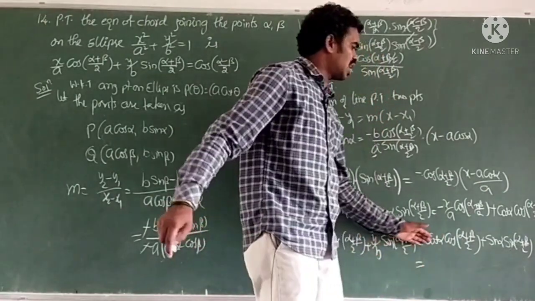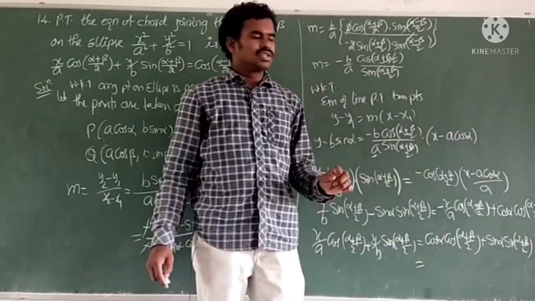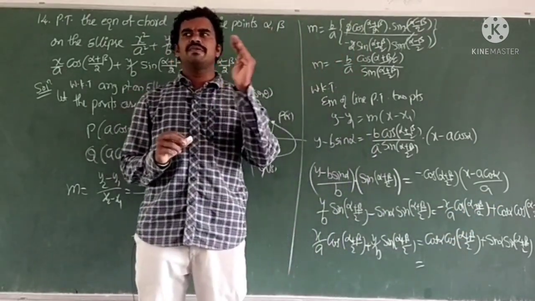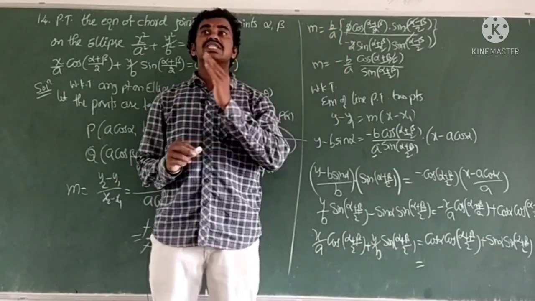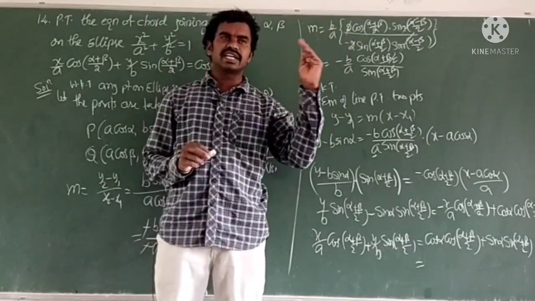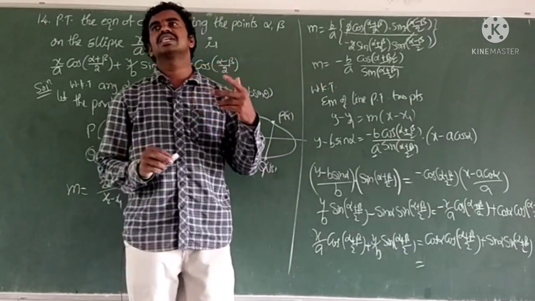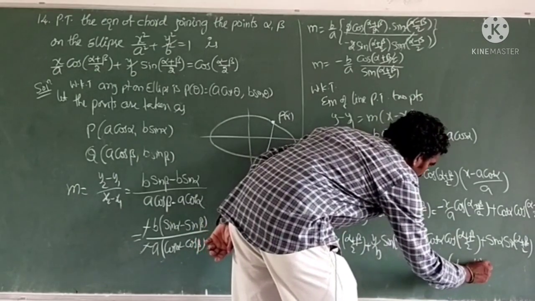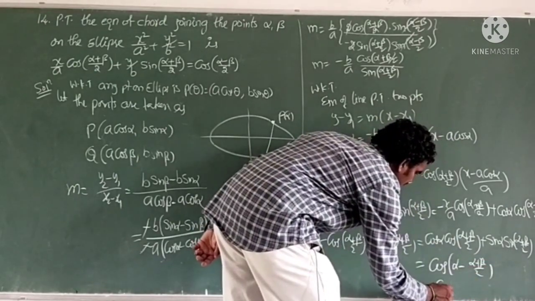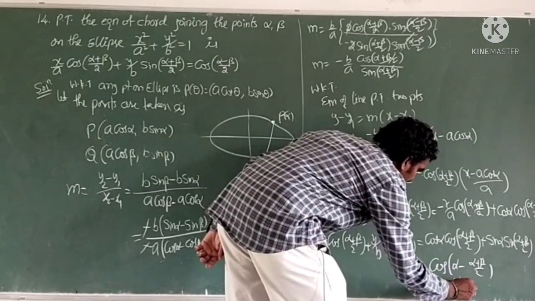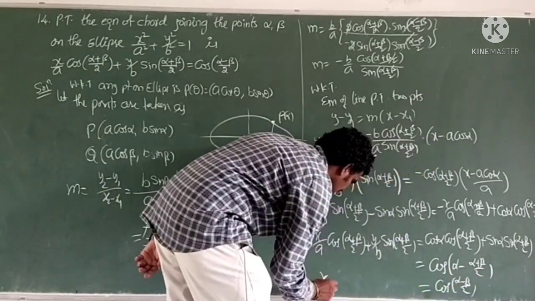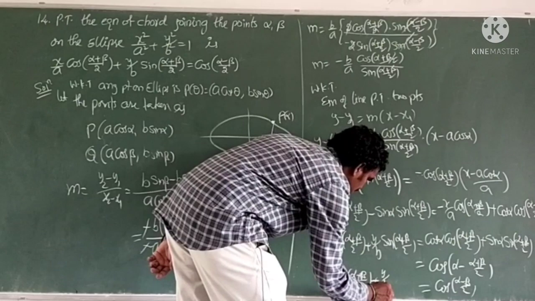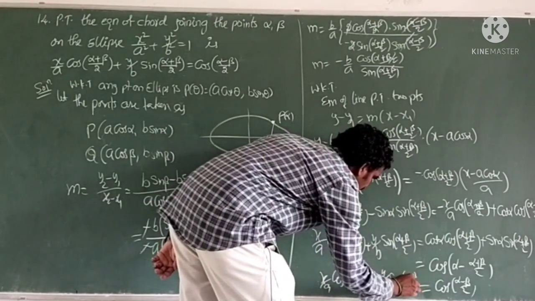This is in the form of cos a cos b plus sin a sin b. So which formula is this? Generally sin of a plus b is sin a cos b plus cos a sin b. What is cos of a plus b? Cos a cos b minus sin a sin b. What is cos of a minus b? Cos a cos b plus sin a sin b. So this is cos of a minus b, meaning alpha minus alpha plus beta by 2. Simplifying this, we get cos of alpha minus beta by 2. And the left hand side as it is written: x by a cos of alpha plus beta by 2 plus y by b into sine of alpha plus beta by 2.